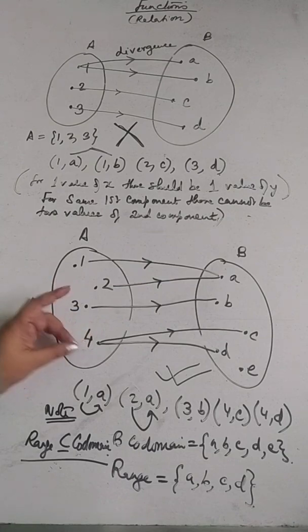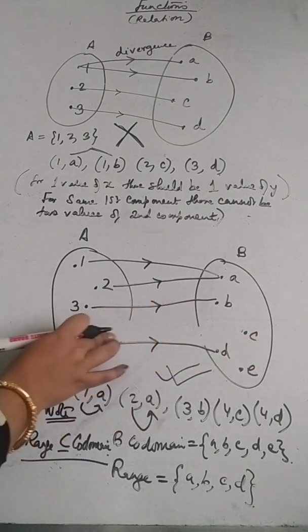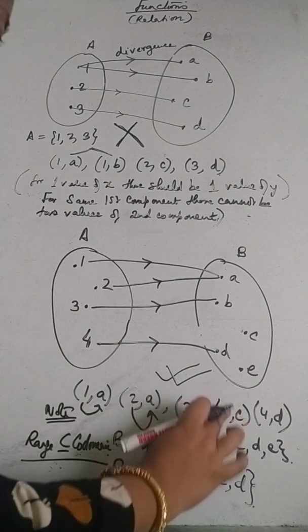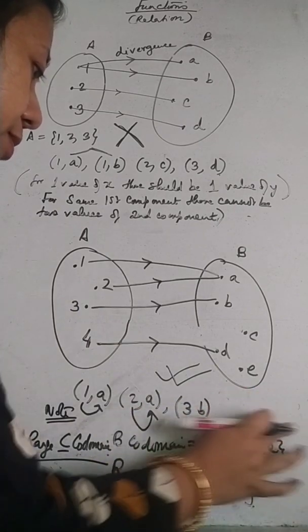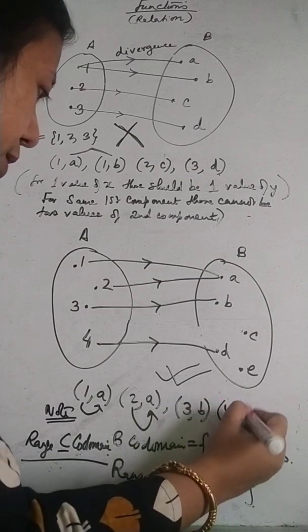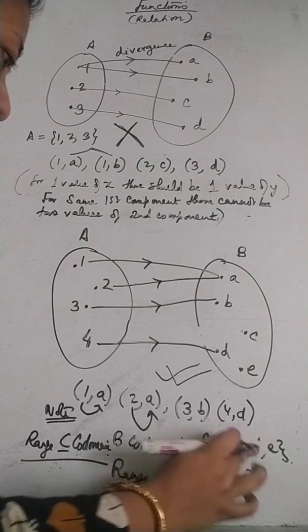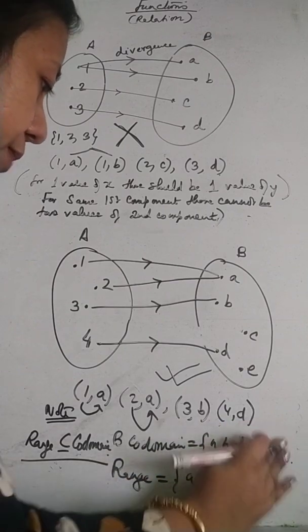No, wait, I made a mistake over here. Sorry, I made a mistake over here. 4 cannot be. 4 is repeated twice. No, the first component is repeated twice, so I cannot take this. Sorry, children. This is 4D over here only. So actually, C is not mapped and E is also not mapped. A, B, D only we have as the